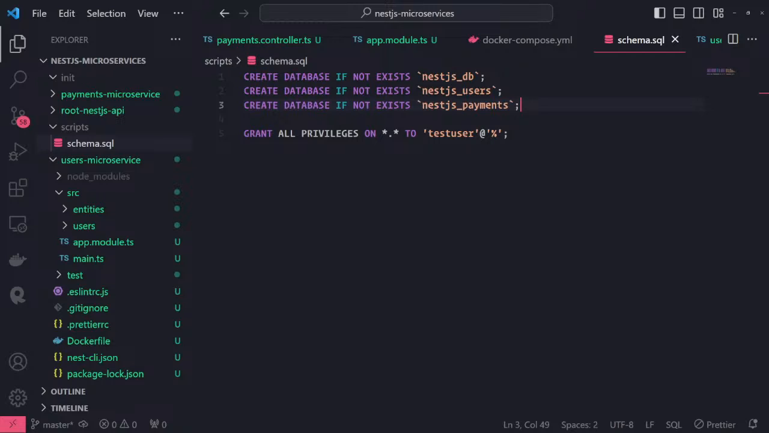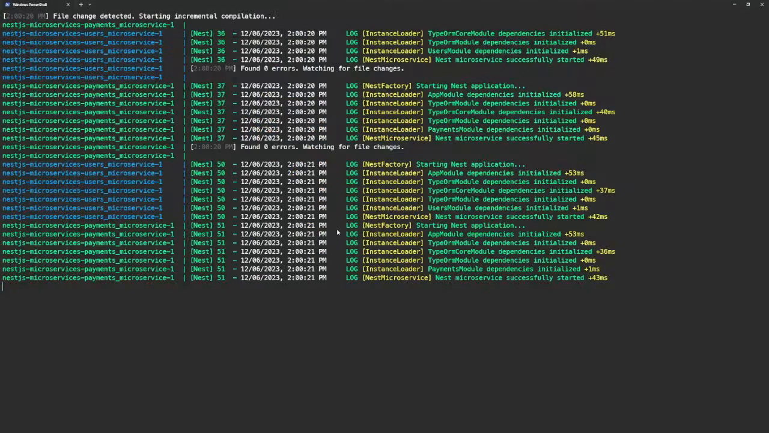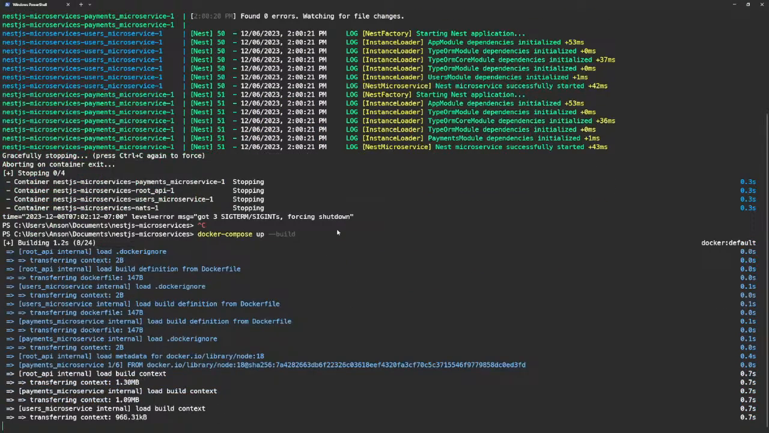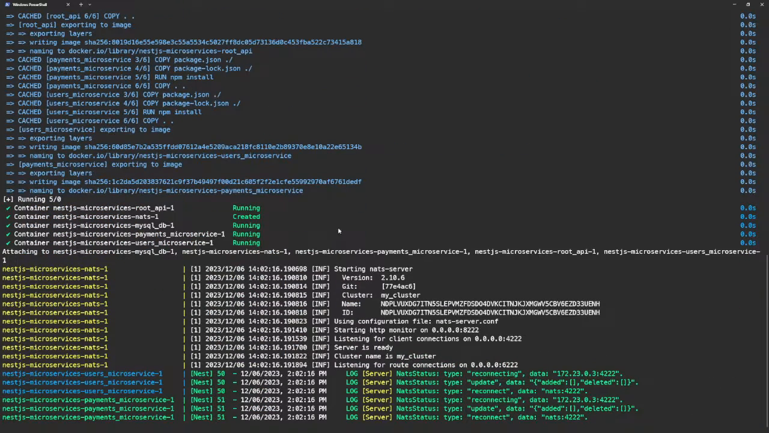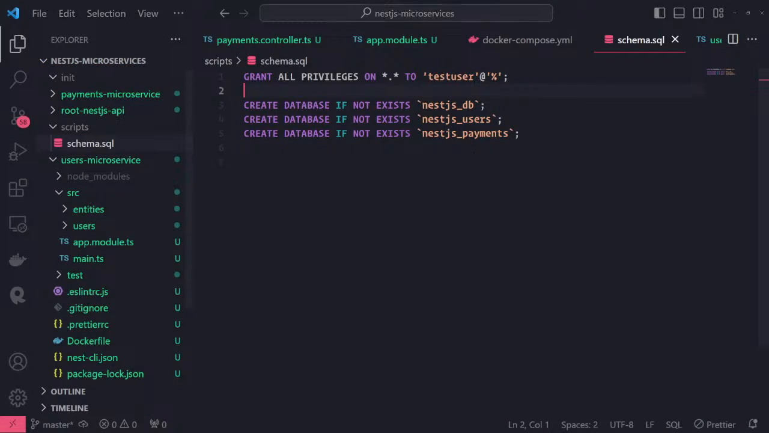Grant all privileges on. Okay, I have that. Grant all privileges. I spelled that correctly. Privileges on to test user at. Okay. I wonder why that's not working. Do I need to create the user? Do I need to grant the privileges first, and then do that? I don't know. Because the databases are being created, it's just that my user account that I'm logging into doesn't have permissions to see those databases. I don't know why, but